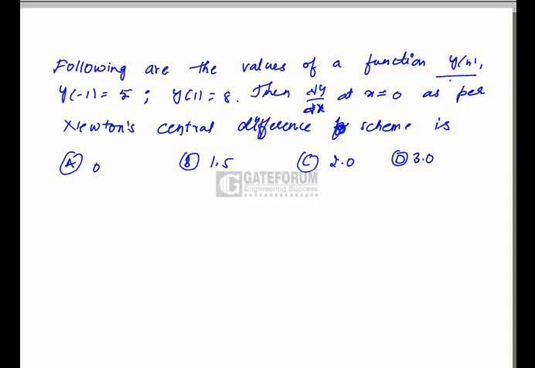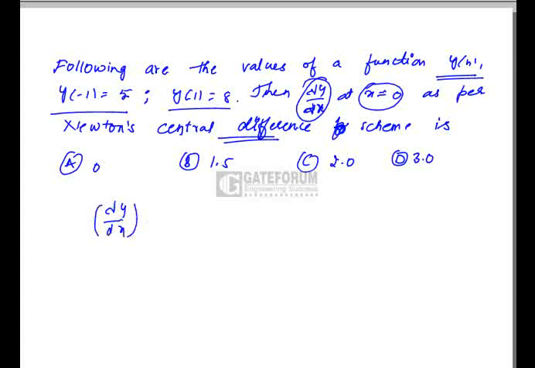It is given that y of x is a function and y of minus 1 is 5 whereas y of 1 is 8. We have to find dy by dx at the point x equal to 0 as per Newton's central difference scheme. Now we know that Newton's central difference scheme, that is dy by dx at x equal to 0, is nothing but the ratio of the difference of y coordinates to the difference of x coordinates,